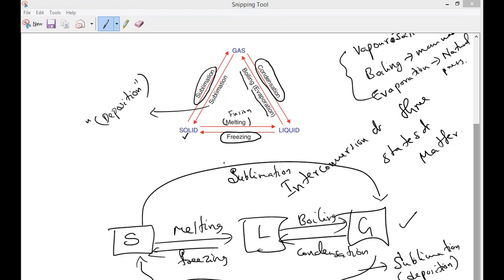Now, finish it, everyone. In the next class, we'll study the effect of change of pressure. What is that? Effect of change of pressure. If you increase the pressure, then how will the substance change? That is what we'll study. It's a very simple concept.